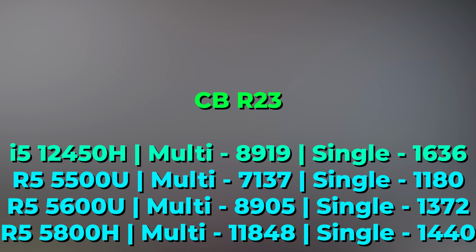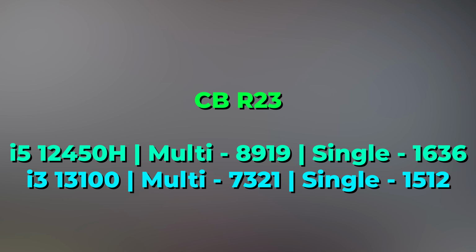The i5 actually manages to boast a Cinebench R23 score of 8,919 with a single core score of 1,636 in comparison to what I could find of the i3 13100. That ended up giving a Cinebench multi-score of 7,321 and a CPU single core score of 1,512. So losing out on both multi and single core performance to this mobile i5 that you can find in